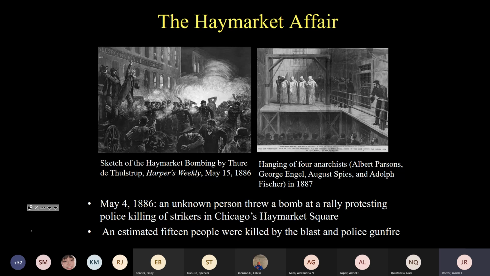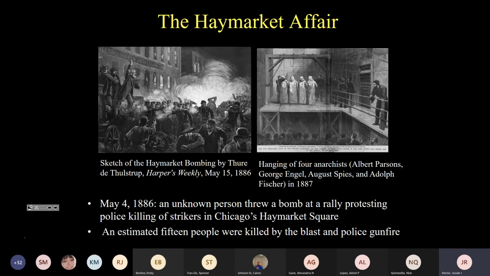And if you read the documents assigned for this week on the Haymarket Affair, you will see the perspective of the workers, of the police, and of one particular police captain who illustrated it. So police killed 2 striking workers. In response to this, there's a protest rally held at Chicago's Haymarket Square on May 4th, 1886. It's a huge rally initially, which attracts tens of thousands of people. And it's a fairly mild affair by the standards of the time initially, but it dwindles down later into the evening to about 600 people. And there are some people who get up on these hay wagons and yell incendiary slogans.